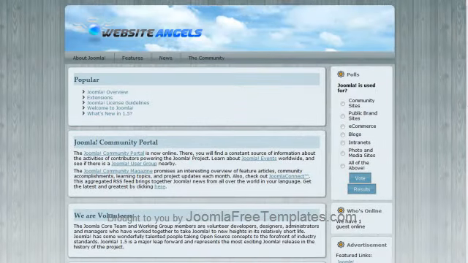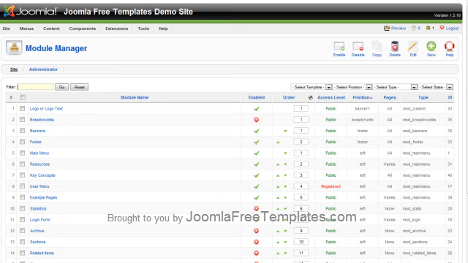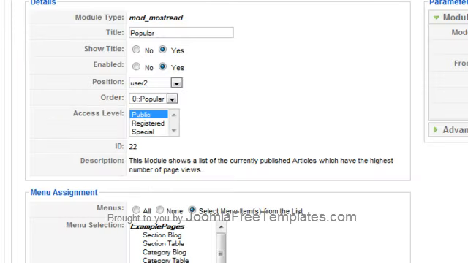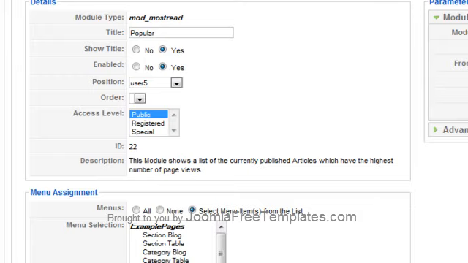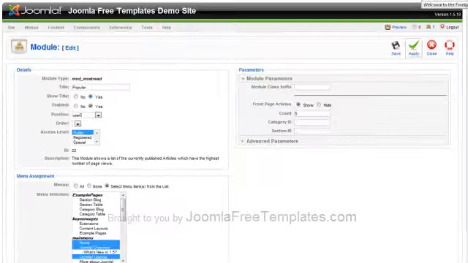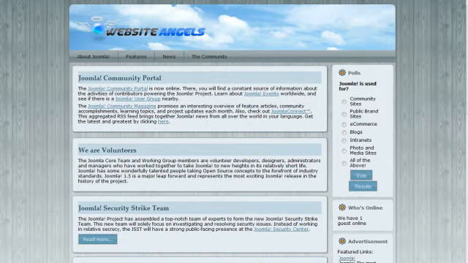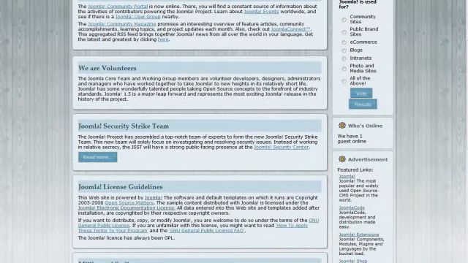And we're going to now move the popular across as well. Let's just try pop. That's a lot better, a lot tidier. And now